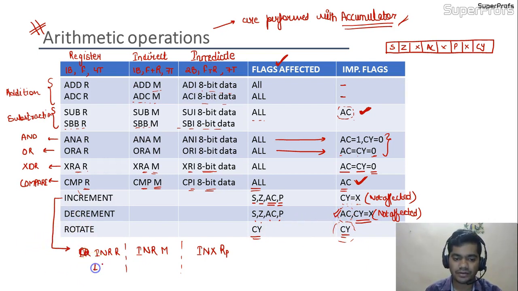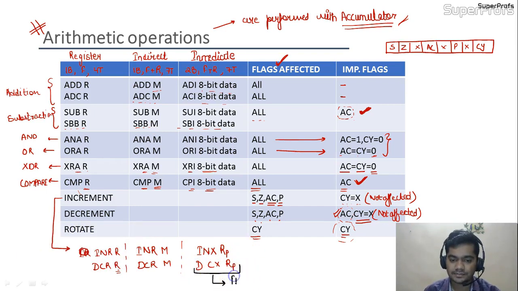For decrement, you can write DCR R if we are decrementing the content of register R. If we are decrementing the content of M, which is the memory location pointed to by the HL register pair, it would be DCR M. And if we want to decrement the content of a register pair, we use DCX RP. One point to keep in mind for INX RP and DCX RP is that no flags are affected